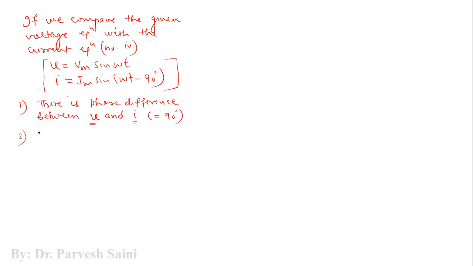So the current I is lagging the voltage V by 90 degrees. Now, if you have to draw the wave diagram of this one,